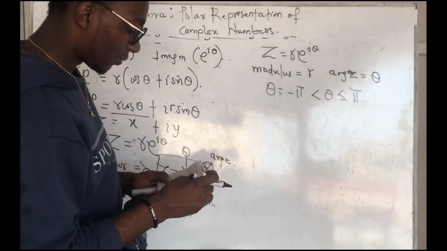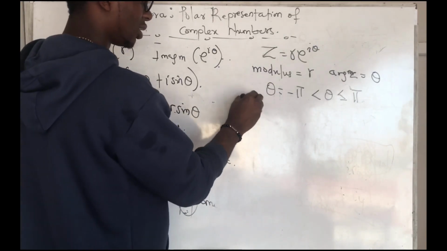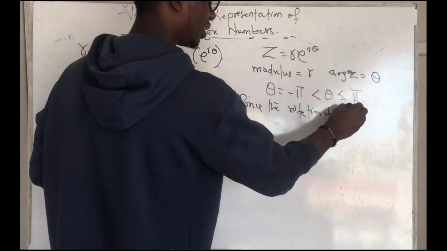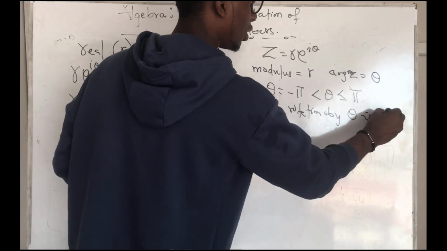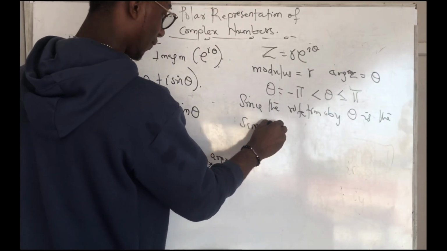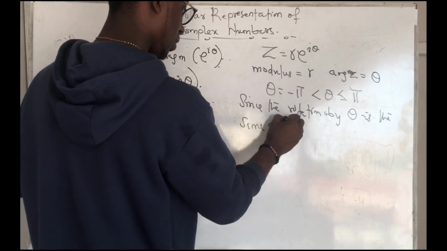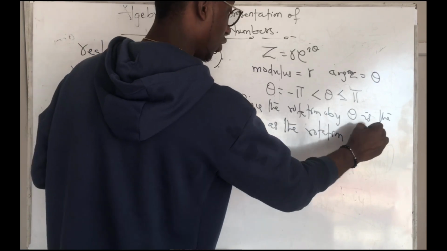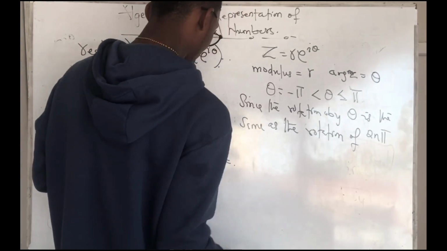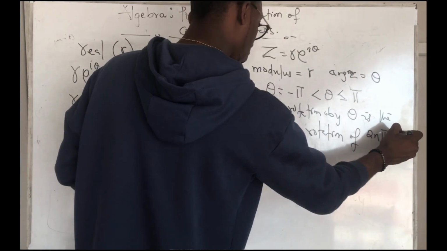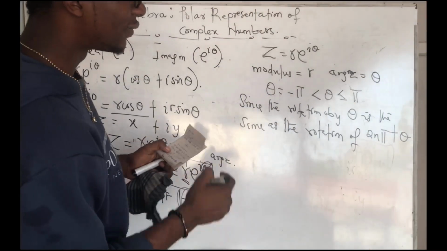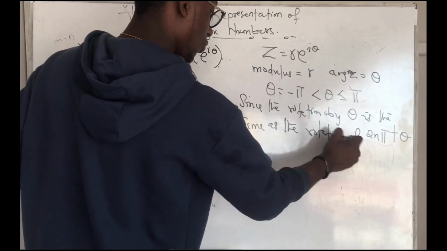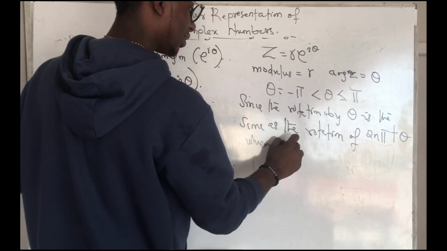But since the rotation of theta is the same as the rotation of 2n pi plus theta, where n is an integer, then